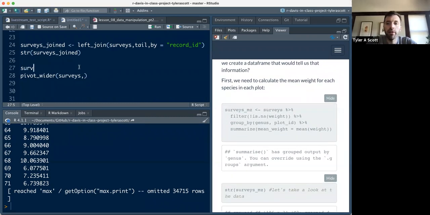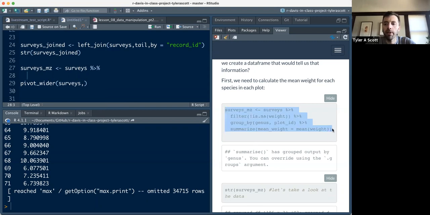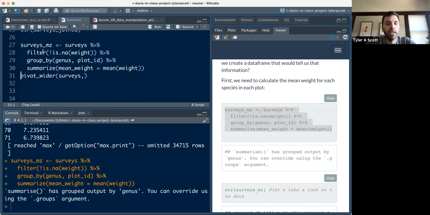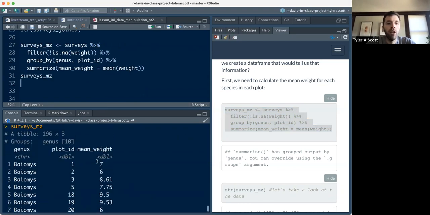What we've started with here is we've created a new surveys object, in this case surveys_MZ, and we've performed a set of piping and filtering on it such that we have ended up summarizing new average weight values for each species. Just to save your time, I'm going to go ahead and copy this in and run it. And then if we take a look at surveys_MZ, if we run that, what we have here